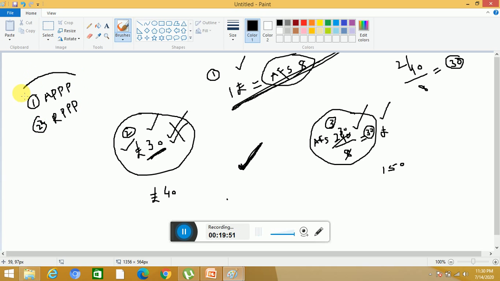So these are basically the two versions of purchasing power parity. We will discuss these in the next class. We will discuss the weaknesses in purchasing power parity theory, and then after that we will discuss these two versions of